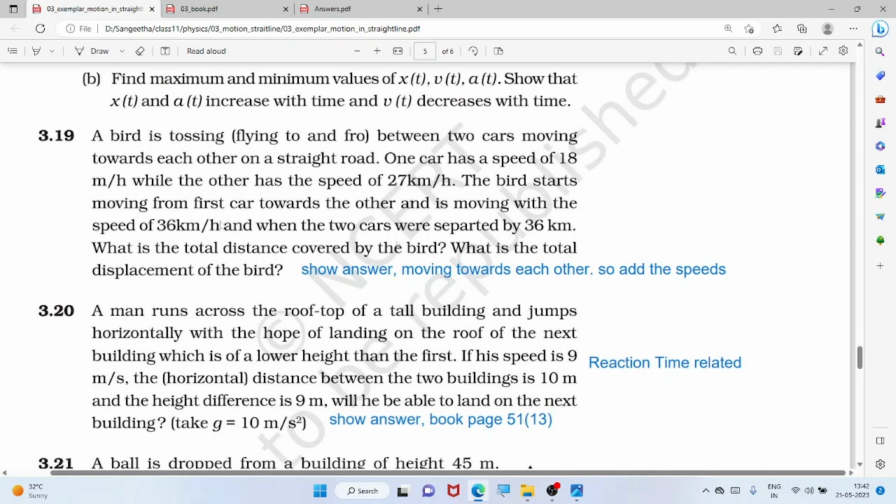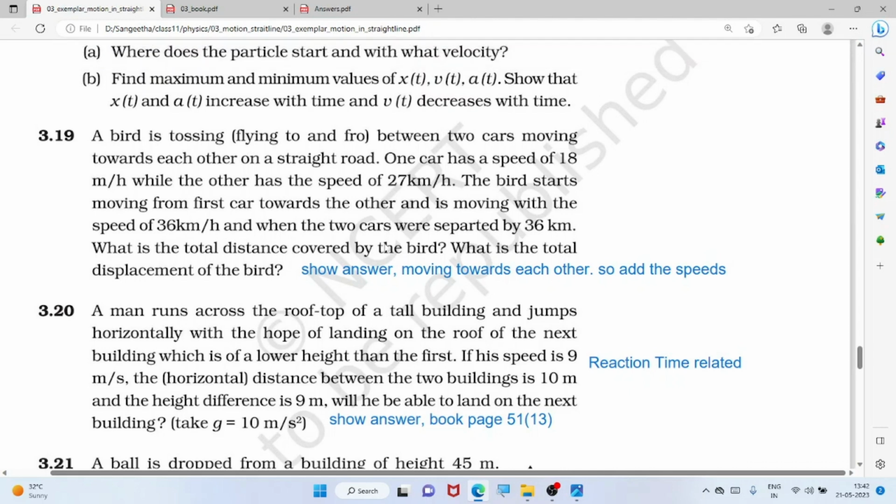The bird starts moving from the first car towards the other car with a speed of 36 kilometers per hour, and the two cars are separated by 36 kilometers. What is the total distance covered by the bird? Okay, the cars are moving towards each other, so we have to add the velocities together. Answer: